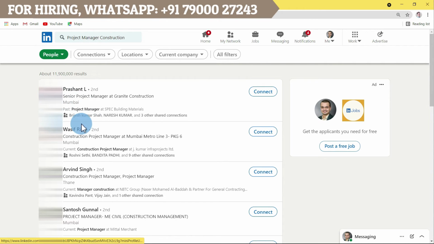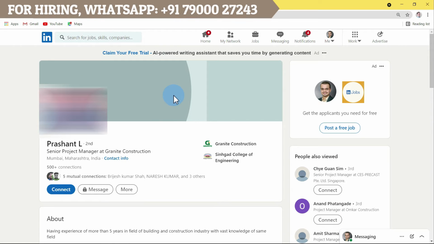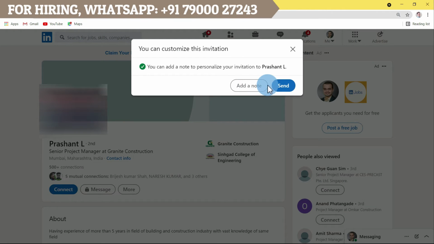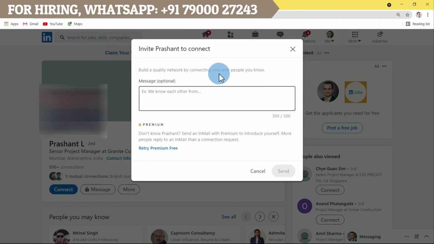So I think this profile is relevant. Prashant. If you see the profile as a good match for the role, then send a connection request. While sending a connection request, just add a note. This is very important. It has to be in very simple English. Don't use complicated words. For example, I will write here, hi